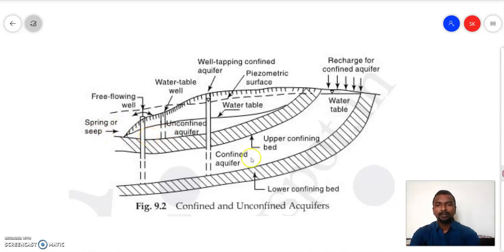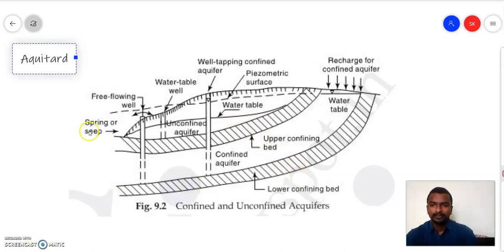Now as all these terminologies we have discussed, there are the springs or the seeps that are mentioned, because apart from the confined aquifer and unconfined aquifer, there are a few more terminologies that we will discuss one by one. The first one is the aquitard. Aquitard is basically quite different from the aquifer. In confined or unconfined aquifers we do observe aquitards as well. This aquitard is a formation in which seepage occurs.